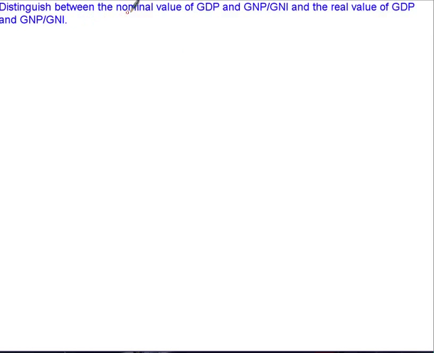We want to be able to distinguish between the nominal value of GDP and the real value. All right. These are two concepts you're going to have to get good at. All right. So let me just start off with a simple example. Back in